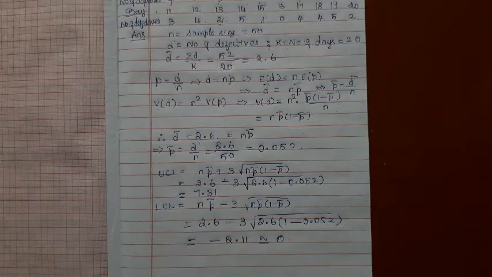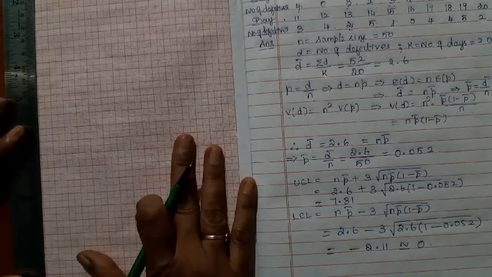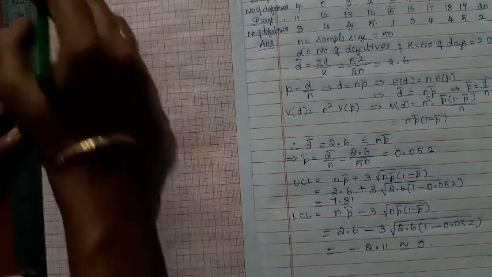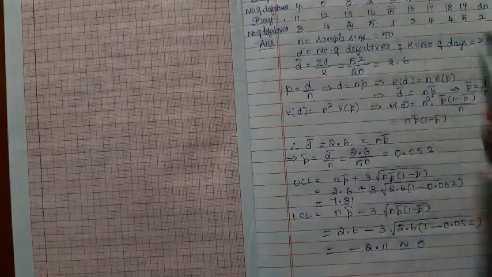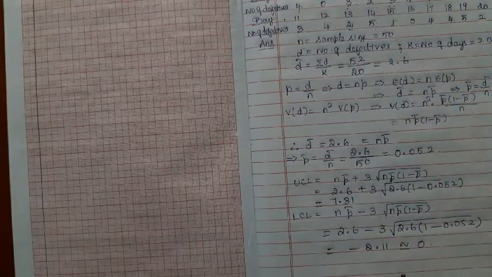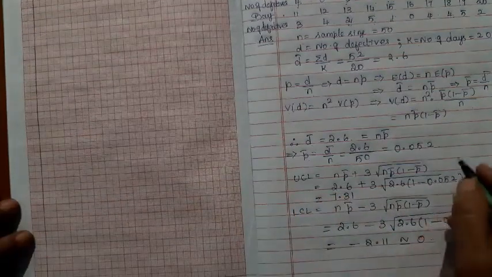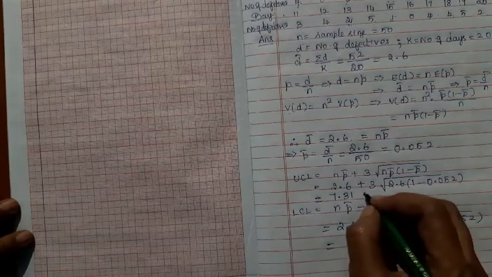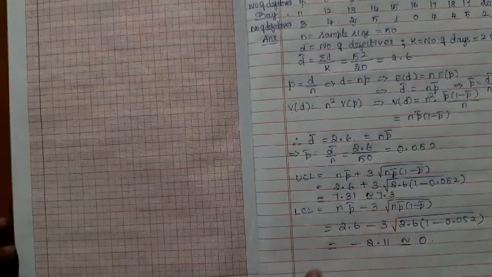We shall go to the chart now. NP bar is your central line. D values are plotted. The maximum value for D is 5. The minimum value is of course 0. The upper control limit goes up to 7. We shall take whole numbers on the axis and round all possible values that are to be plotted to 1 decimal place.